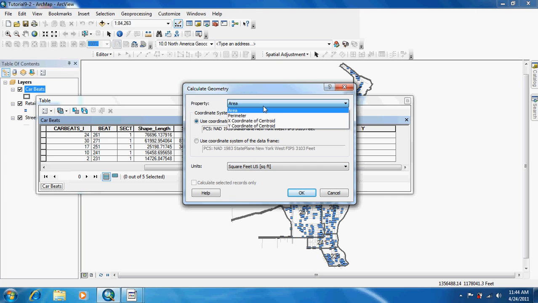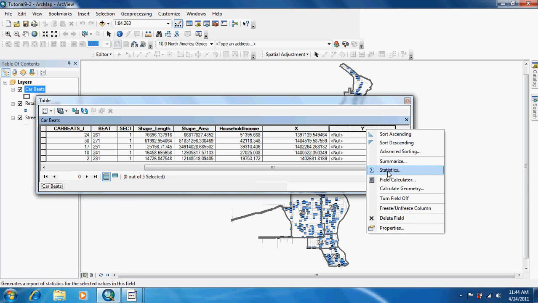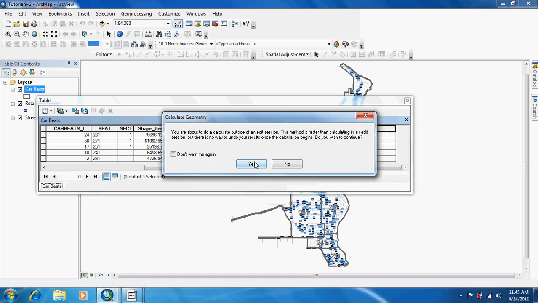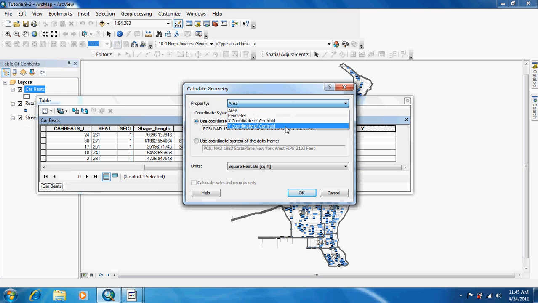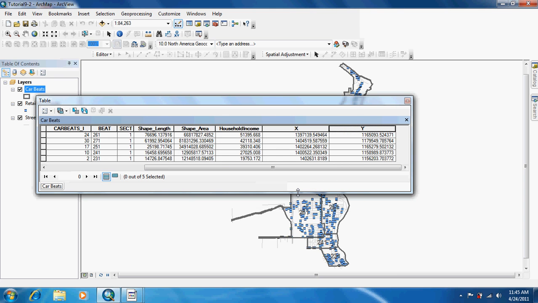And for property, we're going to have it the X coordinate of the centroid, and feet is appropriate. Click OK. And we want to do the same thing for Y, except for property we choose Y. Now with that done,